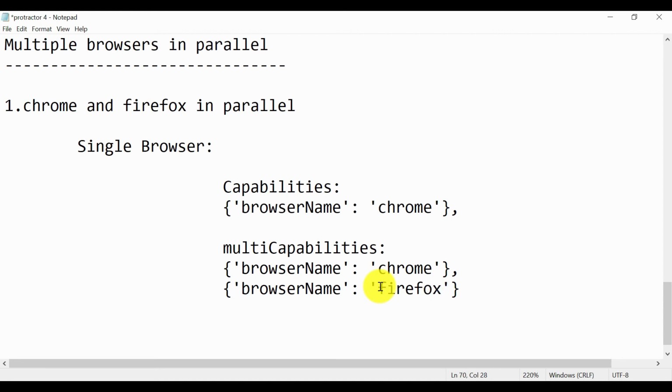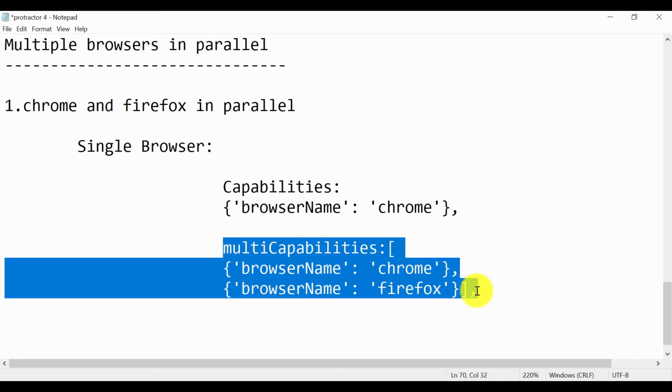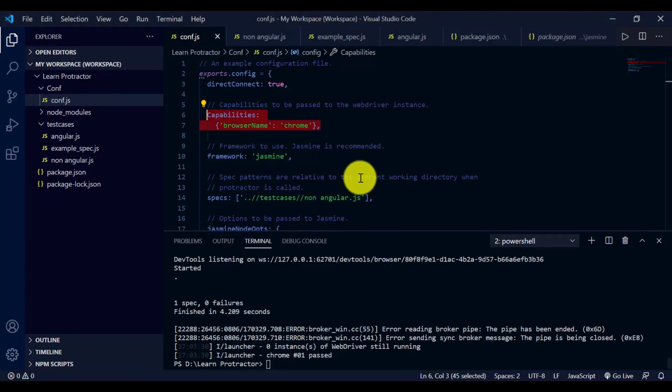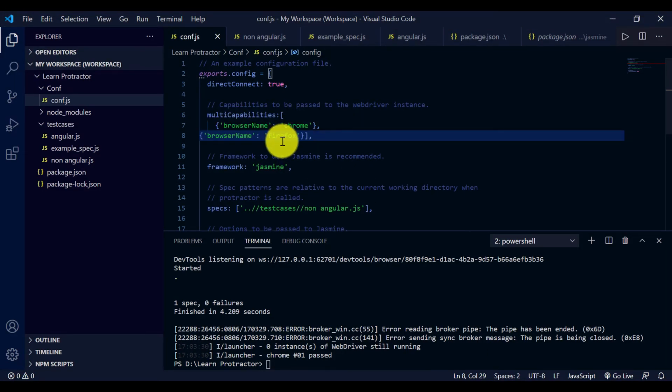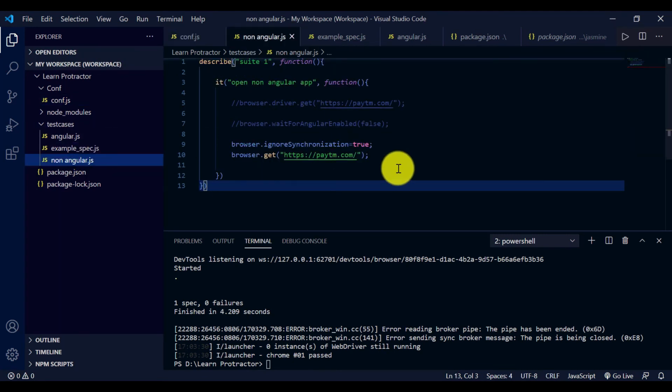As it is multiple entries, it will be an array, like this, and give a comma at the end. Let me copy this, and you have to replace this with multiCapabilities. Browser name is Chrome and Firefox, inside the square brackets. Save it and let us run our script, and let's see if it is opening Firefox and Chrome at the same time or not.